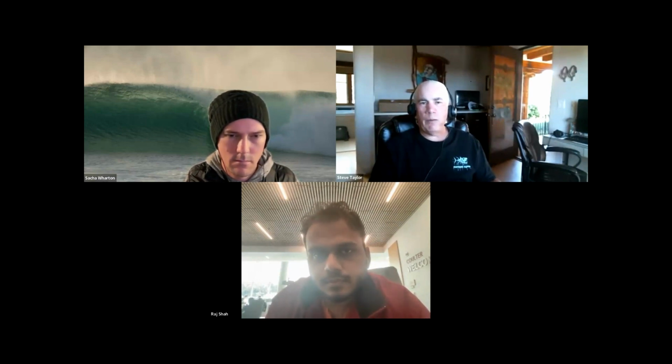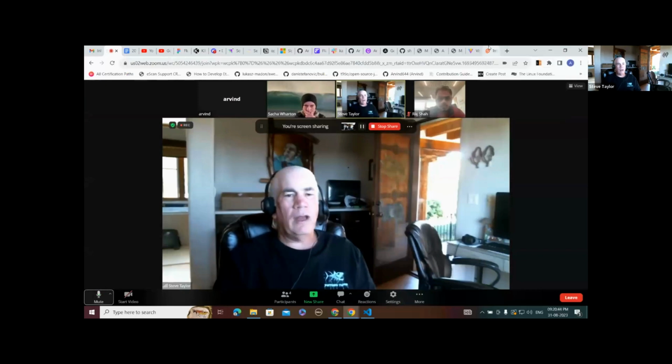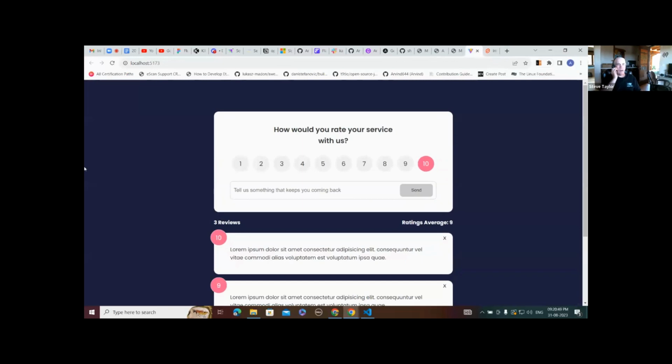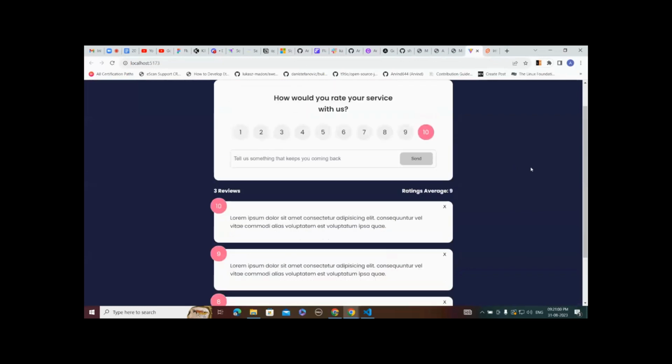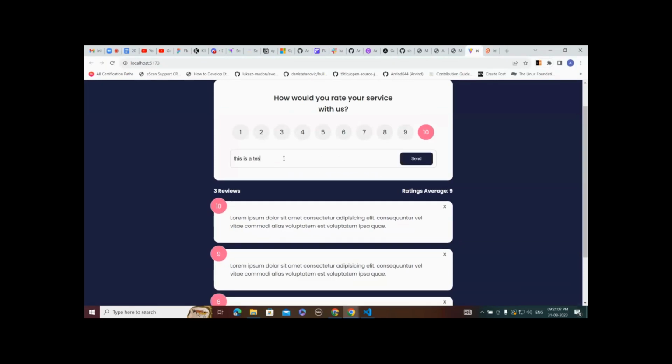So yeah, let me say this. Arvin's been working on getting to understand Svelte as well, and he did some work on the npm, the package manager, as well as figuring out a tutorial. Oh, nice. So is my screen visible? Yeah, we can see it. So yeah, I just created a simple feedback form where we can enter any text.